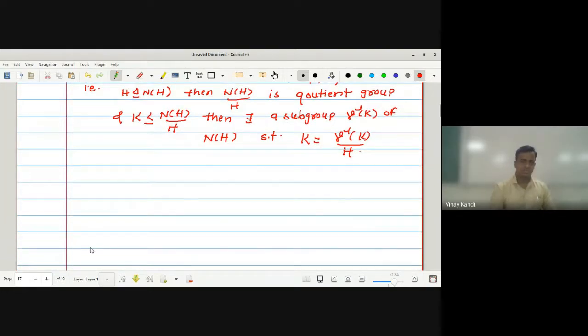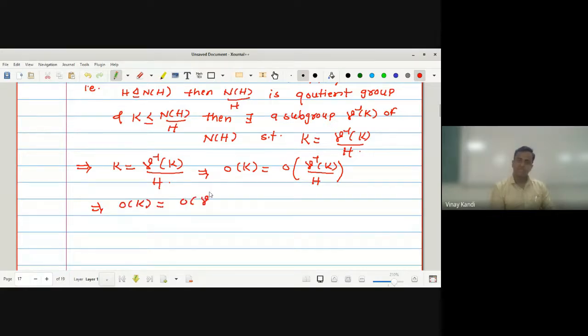Okay, so hence we get K is equal to gamma inverse of K upon H. Okay, which implies that order of K is equal to order of this quotient group gamma inverse of K upon H. Which implies that order of K is equal to order of gamma inverse of K upon order of H, which implies that order of gamma inverse of K is equal to order of H into order of K. Okay, so here which implies that order of gamma inverse of K is equal to order of H